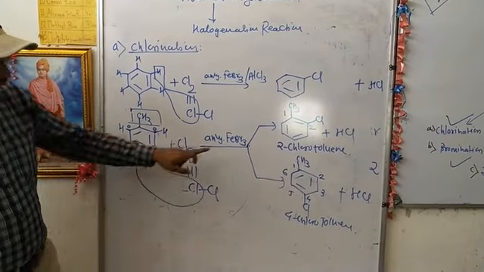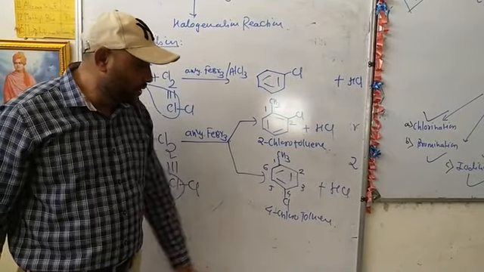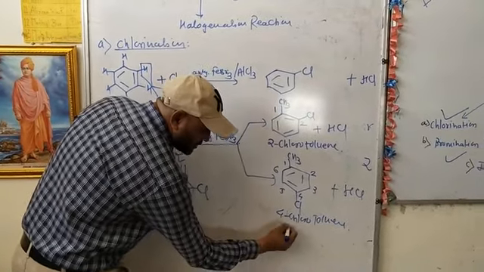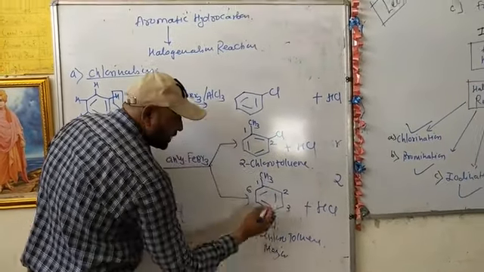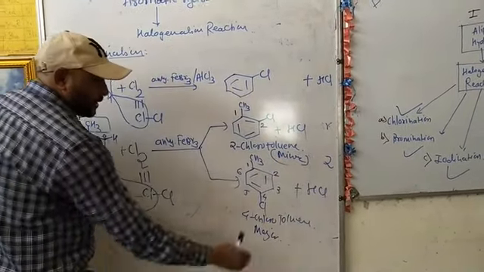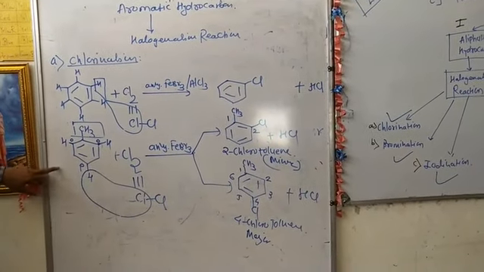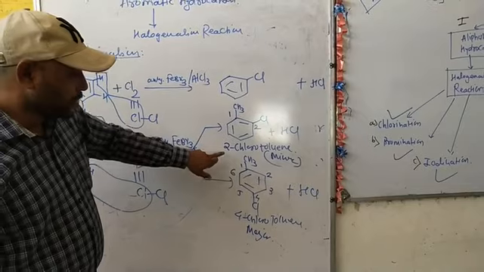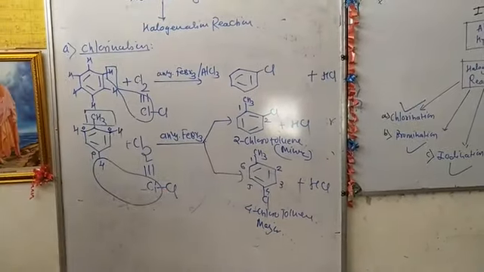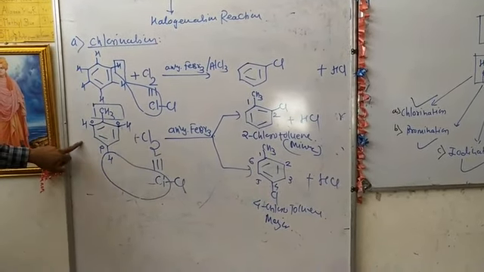So in case of benzene derivatives such as toluene, if we carry out chlorination, chlorination occurs at the ortho and para positions, and we have two products, 2-chlorotoluene and 4-chlorotoluene. Always the 4-chloro or para substituted product is major compared to ortho. That's why ortho is minor and the para product is major. So chlorination of toluene gives two products, 2-chlorotoluene and 4-chlorotoluene. Here 4-chlorotoluene is the major one. That finishes the chlorination of benzene and its derivative.